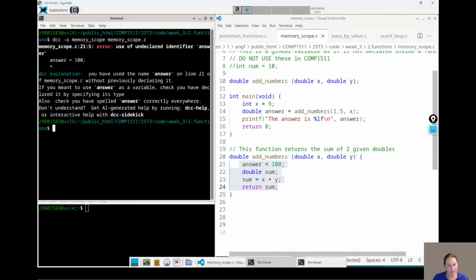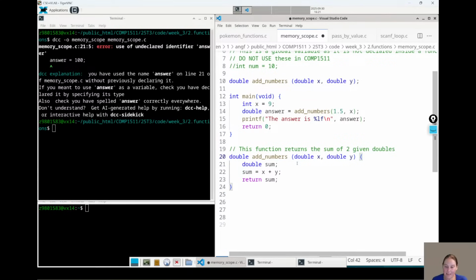So sometimes people get confused about this. They think, well, I can see a variable called answer that I've declared up here. Why can't I use it in here? That's because these are local variables. Local variables are ones that we've declared inside a function. So main can access its integer x, its double answer. Inside the add numbers function, it can access its parameters, x and y, and it can access its local variable called sum.